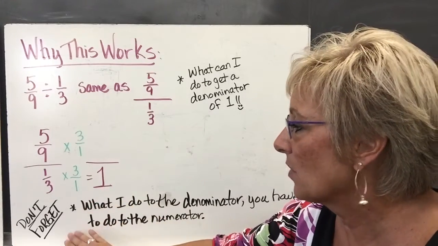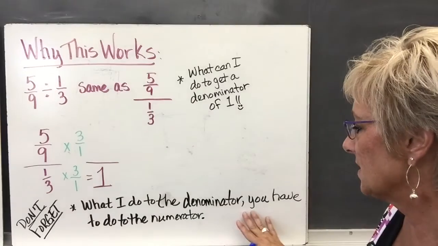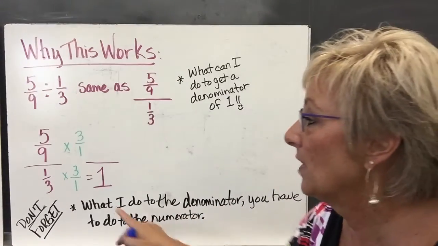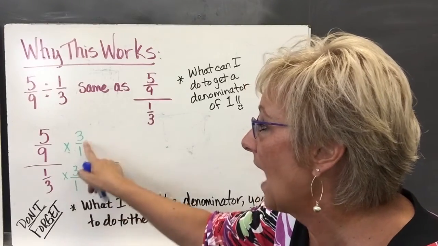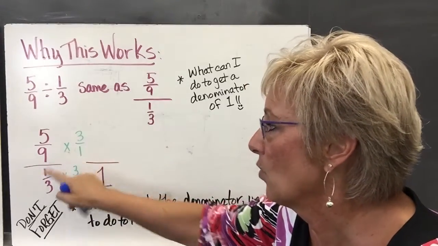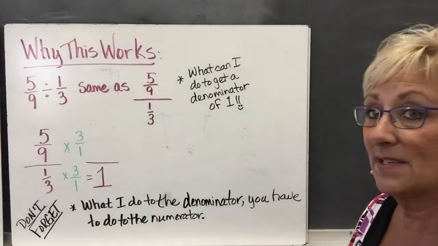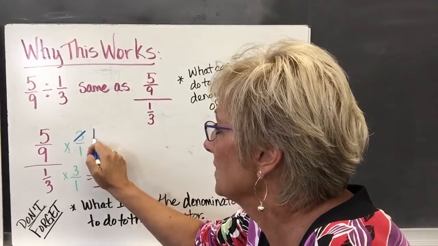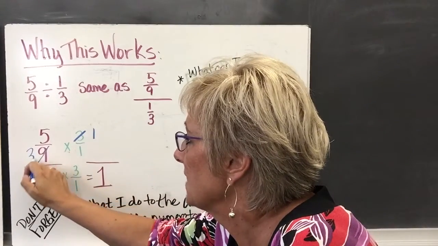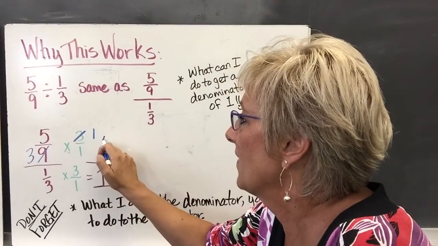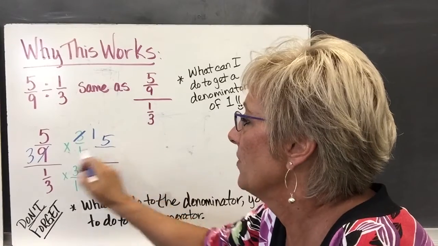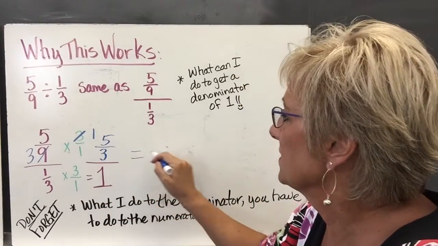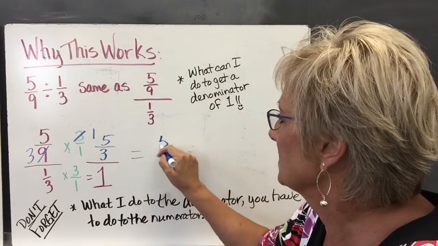But remember, don't forget, whatever I do to the denominator, I have to do to the numerator. So if I'm multiplying this by 3 over 1, I have to multiply this by 3 over 1. And when I do that, I can see right away that I can cross reduce. 3 goes into 3 one time, 3 goes into 9 3 times, and 5 times 1 is 5, and I know that 3 times 1 is 3, so I know that 5/3 divided by 1 is the same thing as